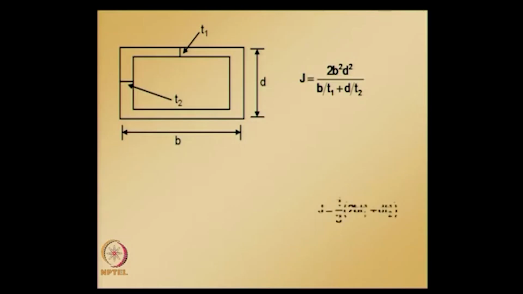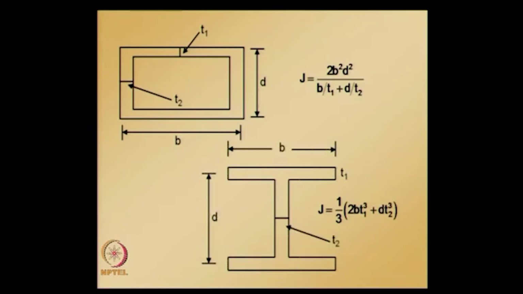And for an I section with the dimensions shown there, width b, depth d, and thickness of flange and web T1, T2, J is given by this. Okay, so this is how you can get the torsional constant J. And now